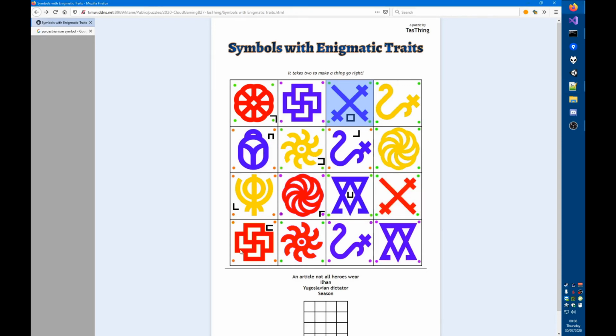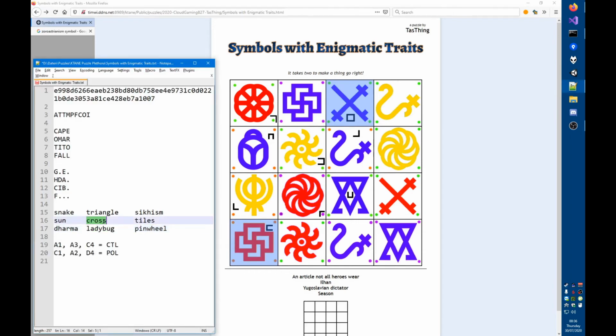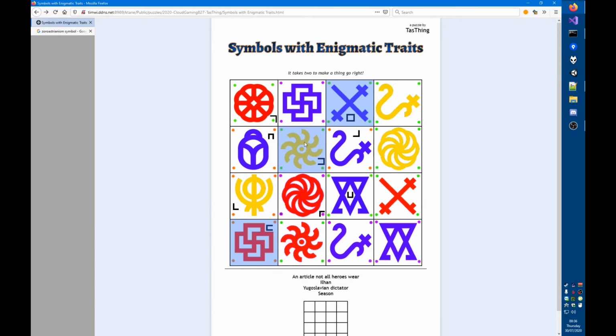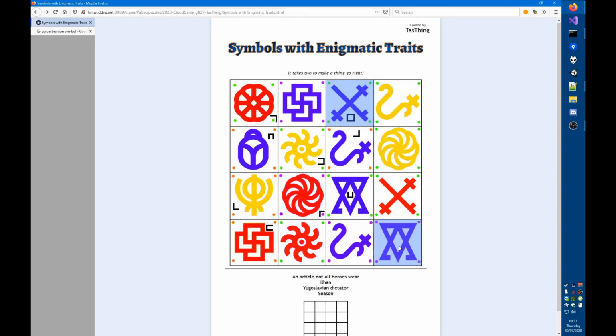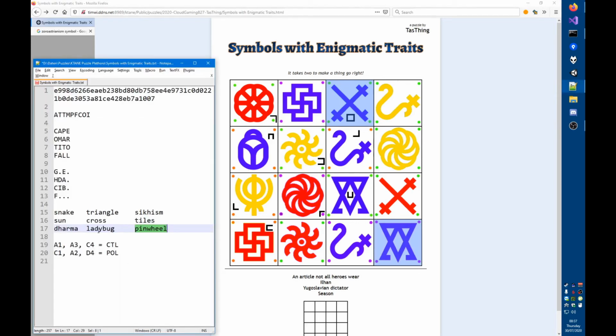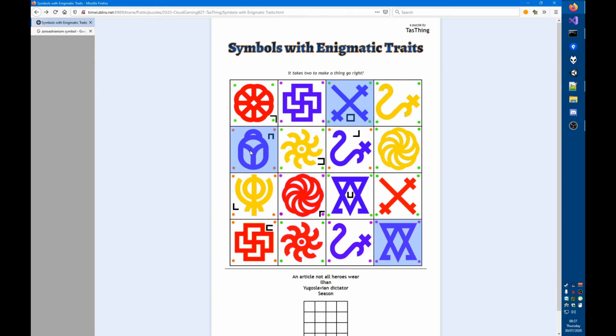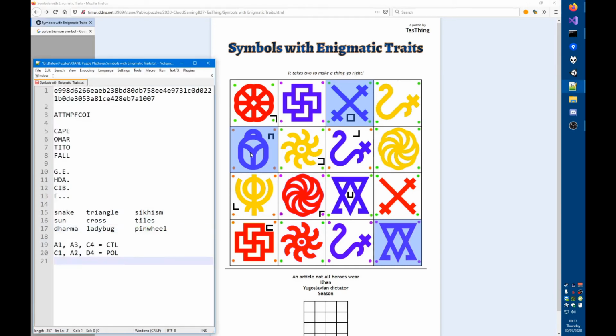2 crosses requires a third cross. Cross and tiles require sun in yellow. But again, the dots don't work. So this requires tiles in yellow, so that doesn't work. Cross and snake requires pinwheel. Nope. Cross and triangle requires ladybug. That one works. Aha. So we have another possible set. C1, A2. Whoa, that...